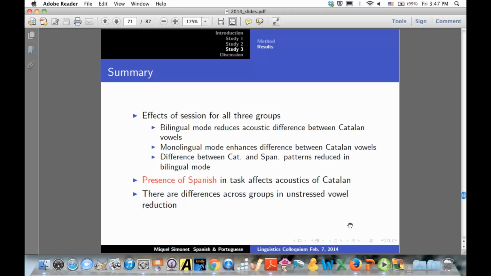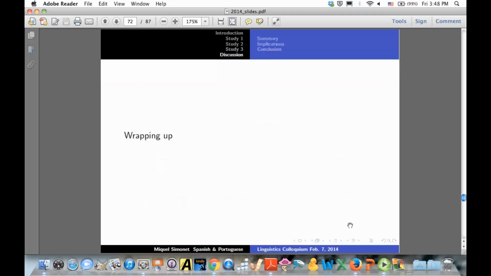Again, the presence of Spanish in the task seems to be affecting phonetic behavior or the acoustics of the Catalan words, and there are also differences across groups in unstressed vowel reduction that could be explained as a function of language dominance or the effect of Spanish. So wrapping up,